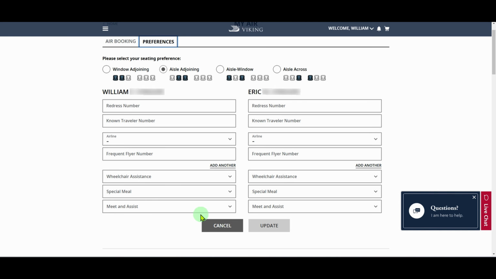You can request someone to help get you to your next gate. Now, just a couple of heads up warnings to be aware of. Just because you select you want aisle seats, aisle across, doesn't mean you'll get them, because there might be 6 people from Viking that want this specific aisle seating. And if you've been on an airplane, you know there's not that many seats that can accommodate everyone from your trip that may be flying on this plane, or people from all across the country and world that also want